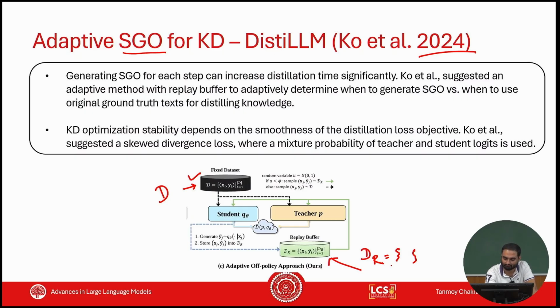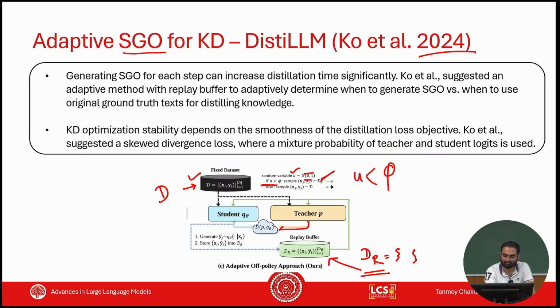So as you see here, this is random variable U, right? You sample the value of the random variable between 0 and 1 from a uniform distribution. If the value is below a threshold, where phi is the threshold, you look at this DR, and you sample instances from DR,